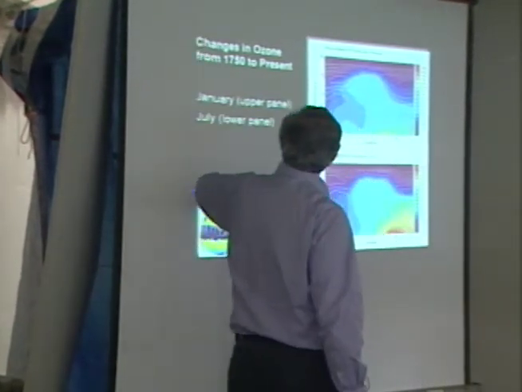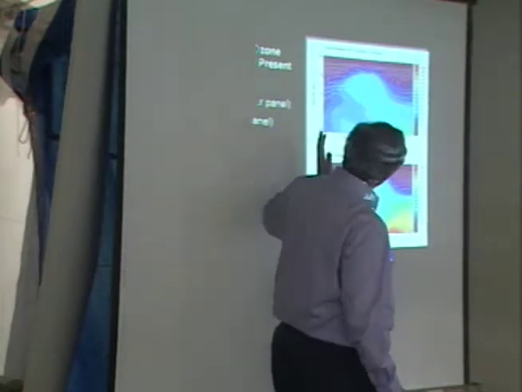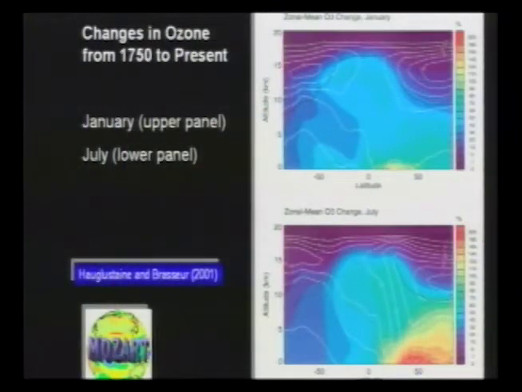So when you look at the difference between pre-industrial and present, this is a zonal mean situation for January and for July. You see relatively large changes, especially in the summertime when solar radiation, and therefore photochemistry, is pretty active. What is 100% is in this greenish color, so you see about a factor of 2 or even more at the surface in the most industrialized region. But you see also an influence all the way to the tropics, where this has an important impact on the radiative forcing.